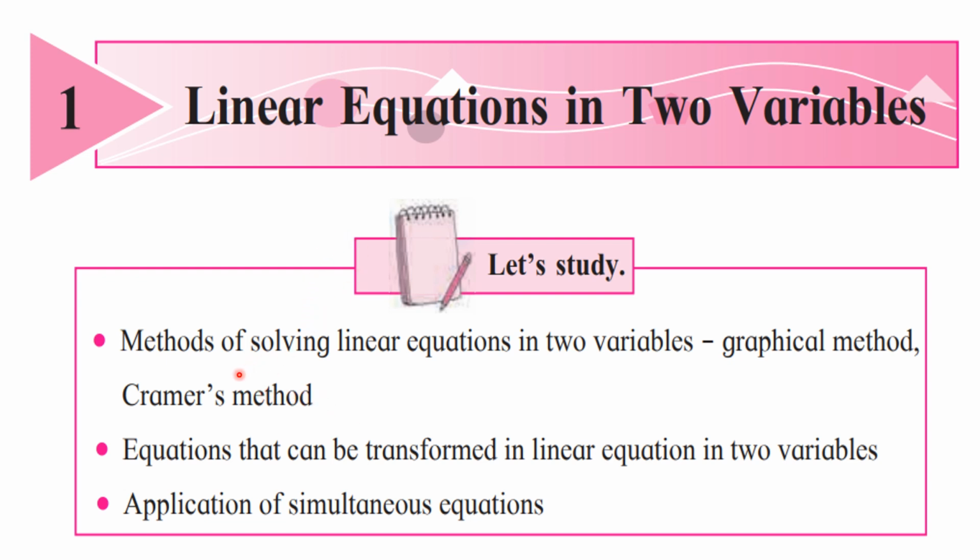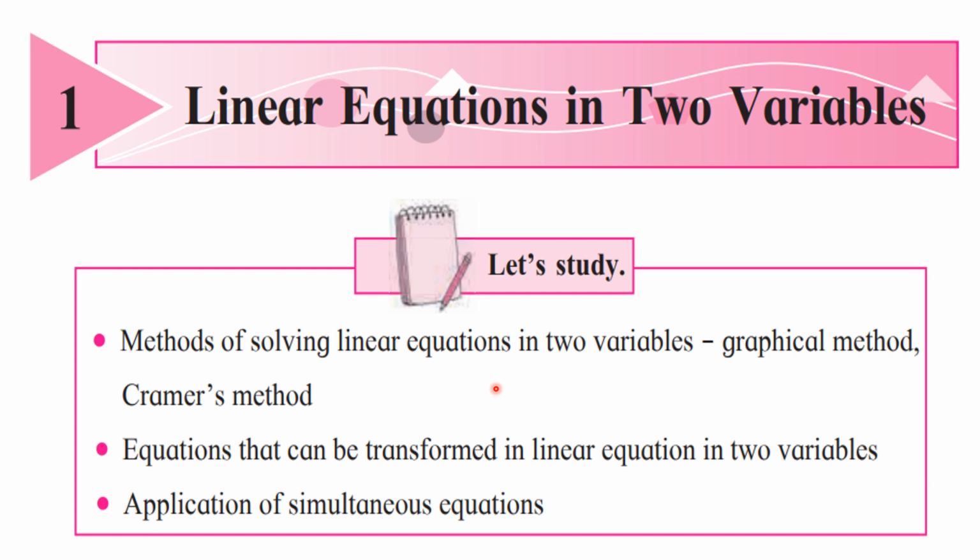So in this chapter we have the following topics. The first one is methods of solving linear equations in two variables. This lesson with the same name was there in 9th standard, and there we studied three methods to solve linear equations in two variables. The first method is the elimination method, the second is the substitution method, and the third is to solve a particular type of equations. These methods are again there in this chapter, and practice set 1.1 is based on them only.